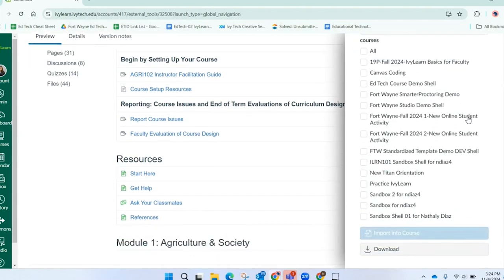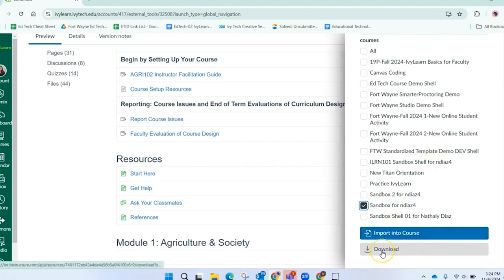And then choose where I want to download that content to. So for me, I want to download it into Sandbox for NDS4. Make sure you know the name in which you want to import it to. And then I will just simply need to import into course. What you can also do is you can download it onto your computer and then upload it into your shell.